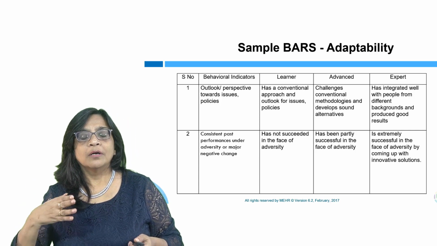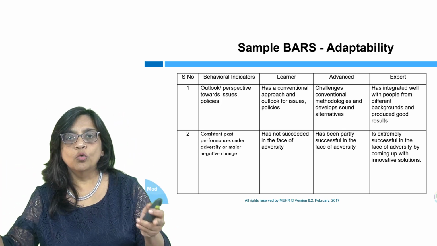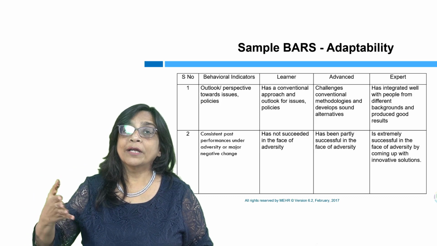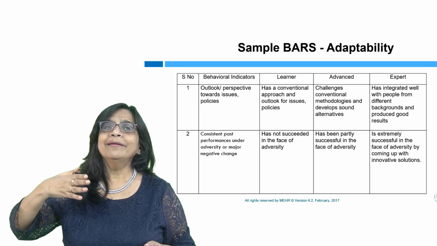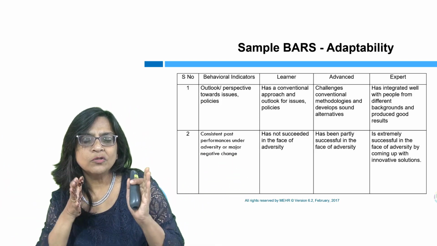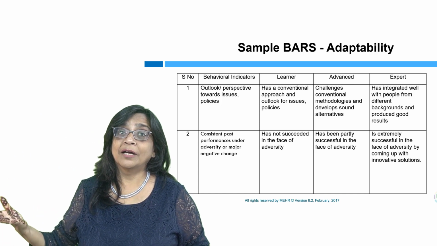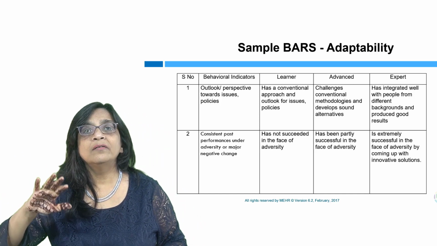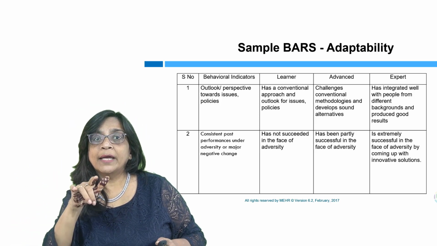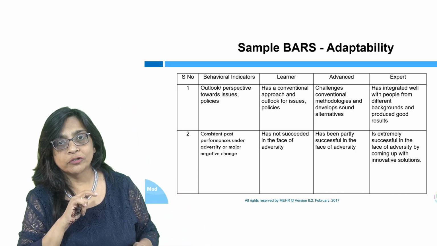Let's say it's a school-based thing: did the person manage to clear the exams? Okay, cleared the exams, but did not clear maybe an IIT-based thing. Did not do fantastically, but was okay. The third one is that despite all the problems, this person succeeded in living up to his or her dream. So extremely successful in the face of adversity by coming up with innovative solutions.